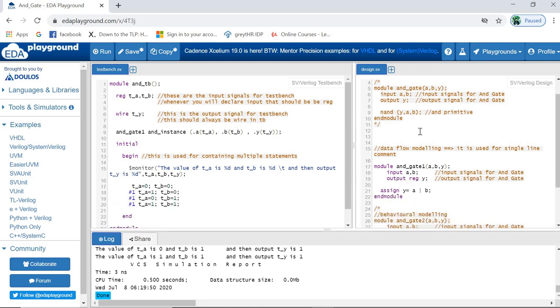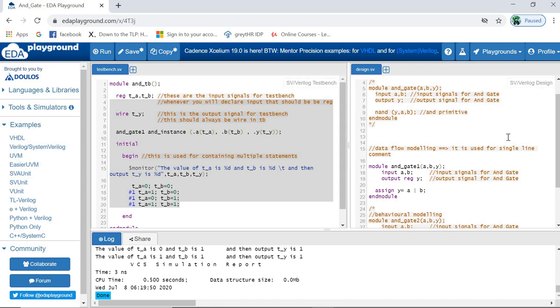So what I am trying to say is, if you have different models, you can instantiate your designs into your test bench part, and it will produce the proper output. This is known as your stimulus block, or the test bench part. I hope you understood this concept properly: how you can design code and how you can design a test bench.